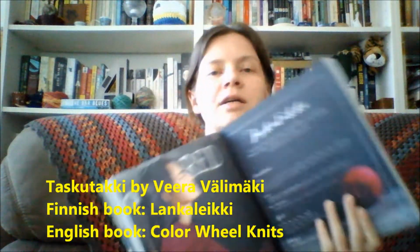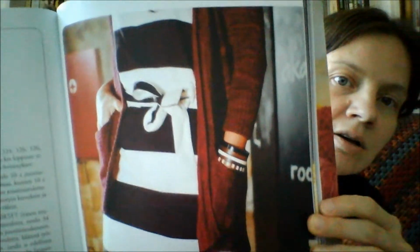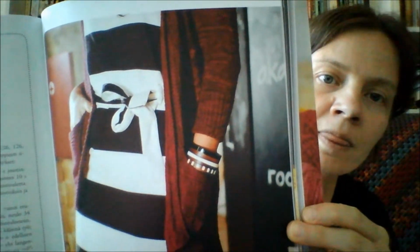So this is the cardigan that I'm thinking about knitting. So that's from the side, and then there's a little diagram. So it's a fairly long cardigan with pockets, and I've been wanting to get this onto my needles for ages,